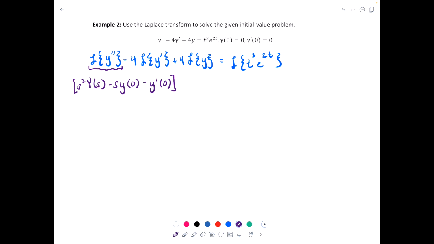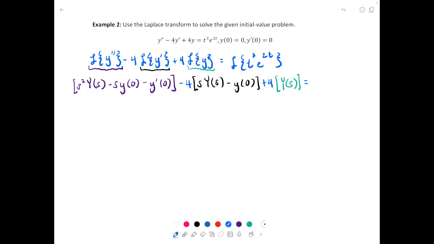And then the next one, we will have minus 4 times, I'll do this one in black, the Laplace transform of y prime, which will be s times y at s minus y at 0, and then plus 4 times the Laplace transform of y, which is just going to be y at s, and that's all equal to